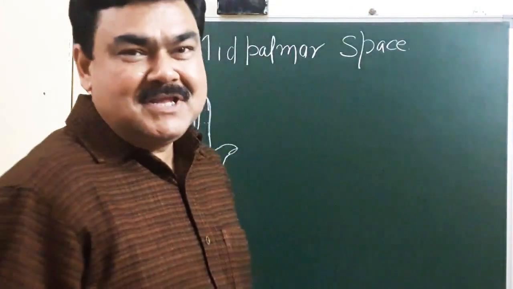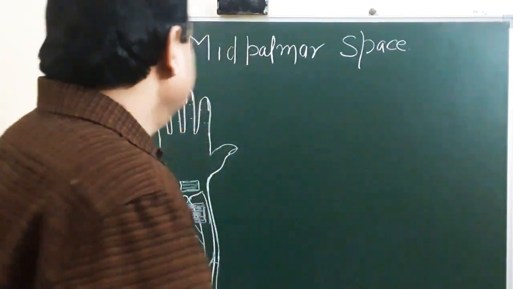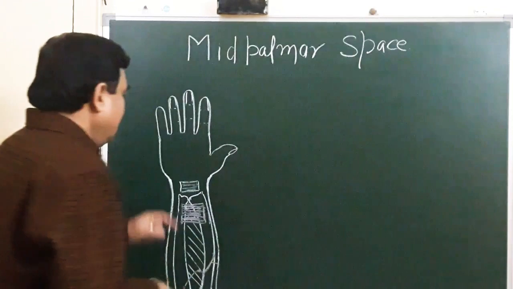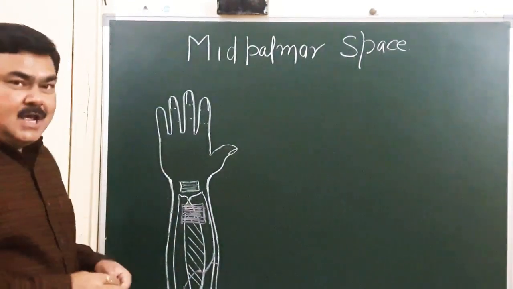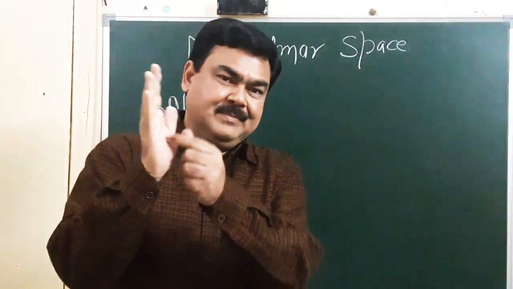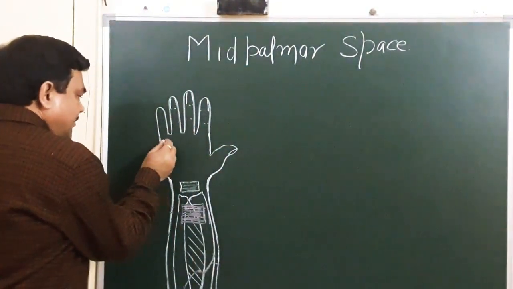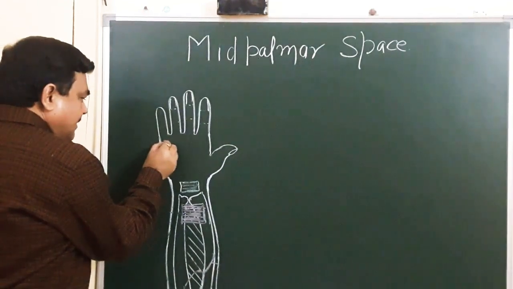Now we will discuss the mid-palmar space of the hand. This is a clinically important space. It is situated on the medial half of the hollow of the palm. In this diagram, you can see